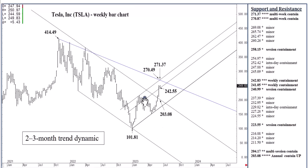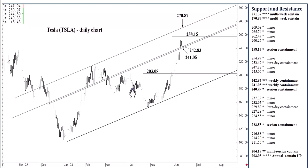Wrong image, at 242.55. If we close below this area on Friday, I'm anticipating this market to unravel over the next few weeks back into the low 200 area. So if you bought those out of the money calls and maybe you've taken some profits, maybe you're holding out, if we close below 241.05, I would recommend that you do take some profits anyway, maybe all of them,